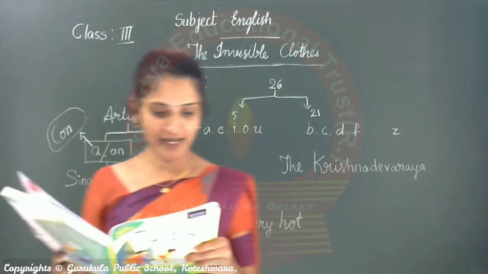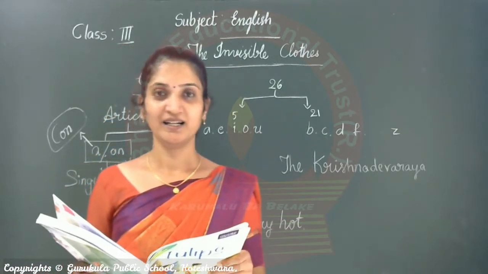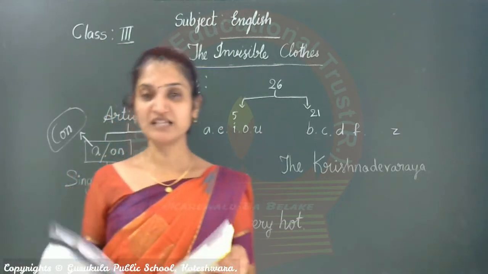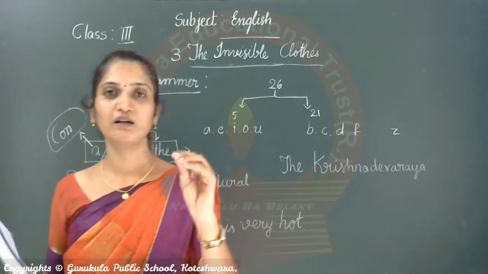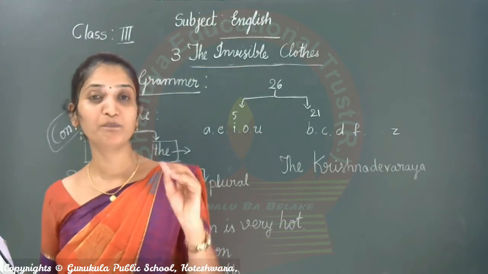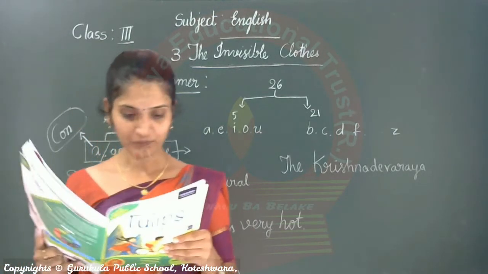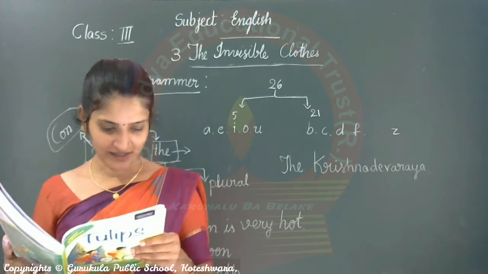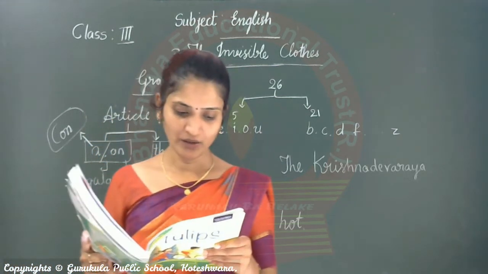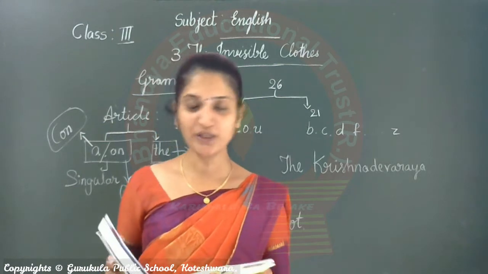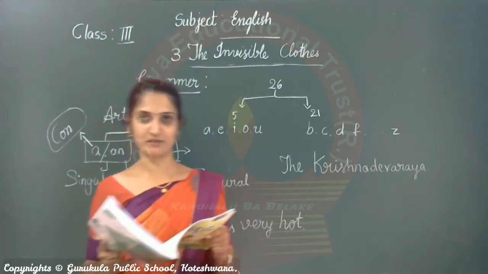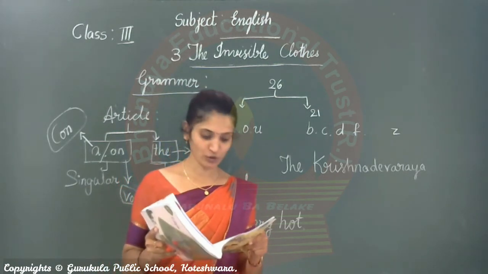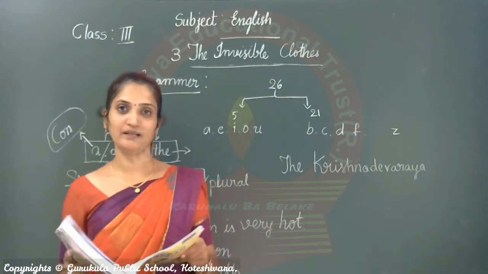See, the tall lady is my mother. Here they are introducing a specific person, right? So they are saying "the tall lady". And the next sentence: This is the hospital where I was born. Hospital is also a common place, but we can specify that it is a hospital. So, this is the hospital.